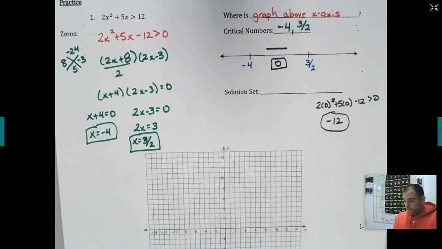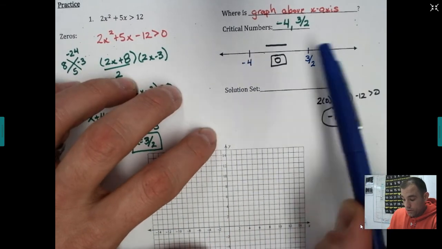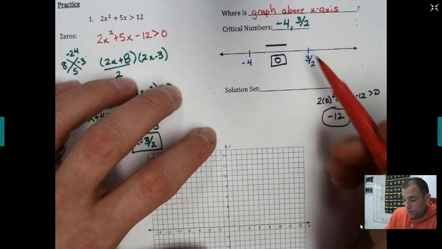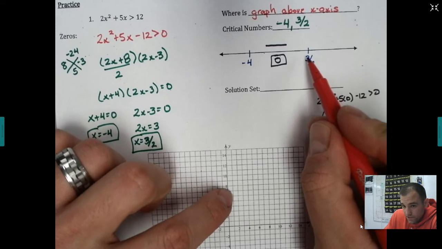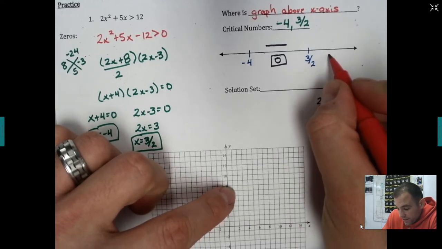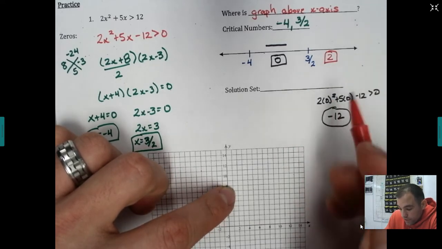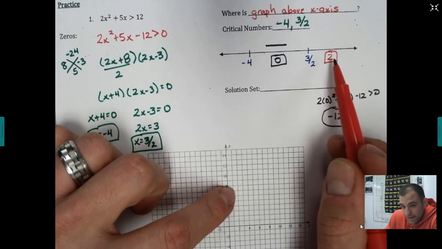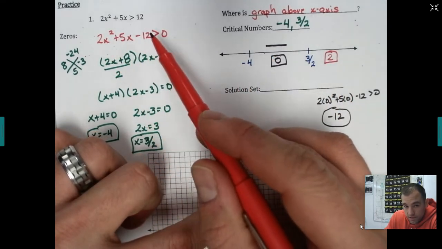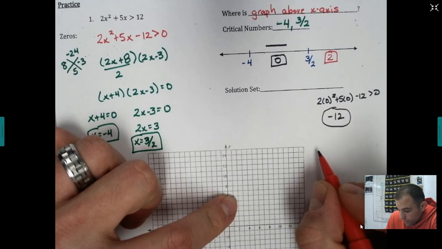So that's the middle. Now I have to test these other ones. So now I need to pick another number over in this interval. If this is 1.5, let's just say I pick 2, because 2 is bigger than 1.5. And now I have to plug this 2 into this and see what I get. So if we did that,